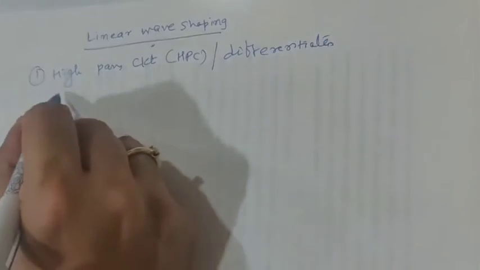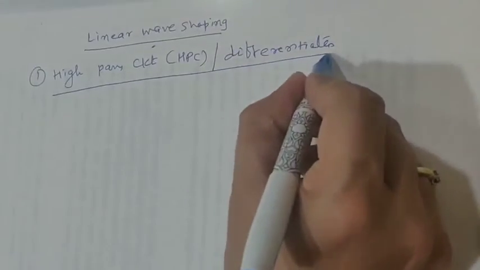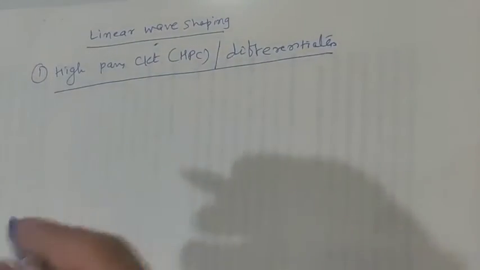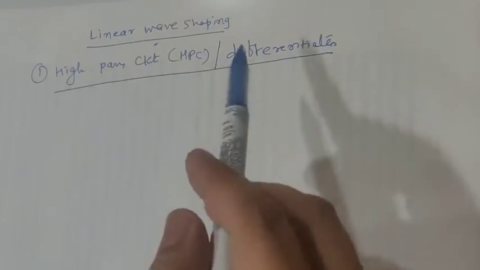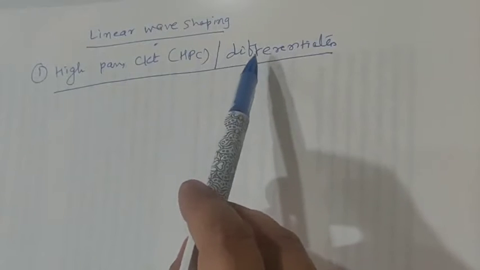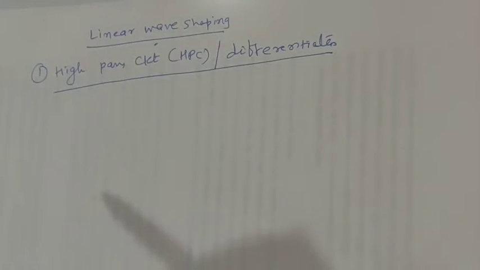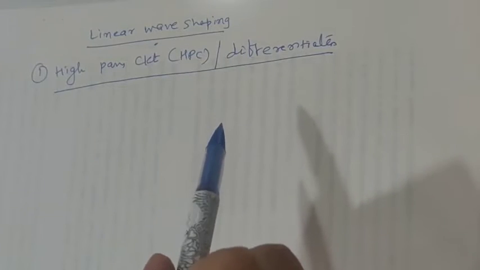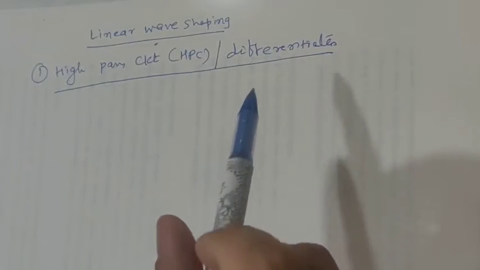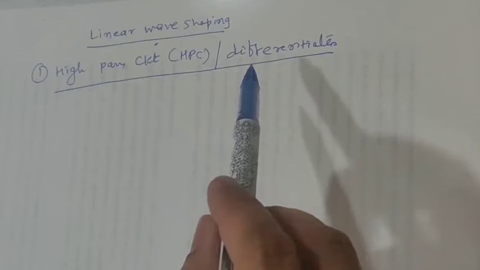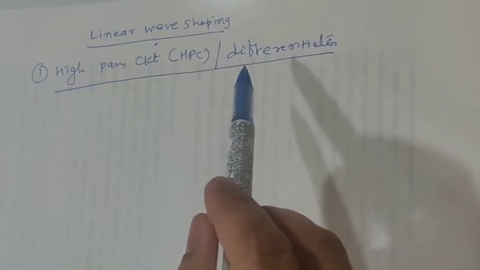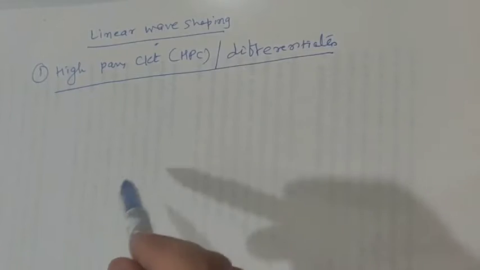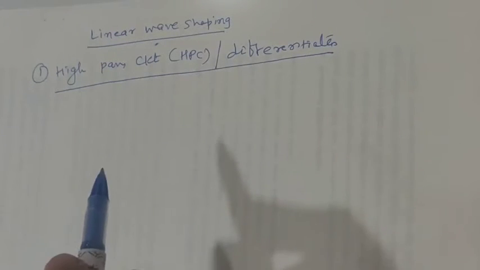Now why it is called a differentiator, we will see when we cover the high pass circuit in detail. In the videos to come we will be covering why the high pass circuit is called a differentiator. In one of the videos that we have already uploaded, differentiator circuit using op-amp, we have talked about the cutoff frequency and all, but we will be covering it in this video also.